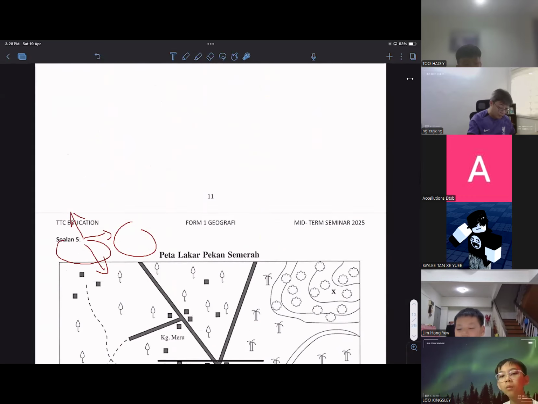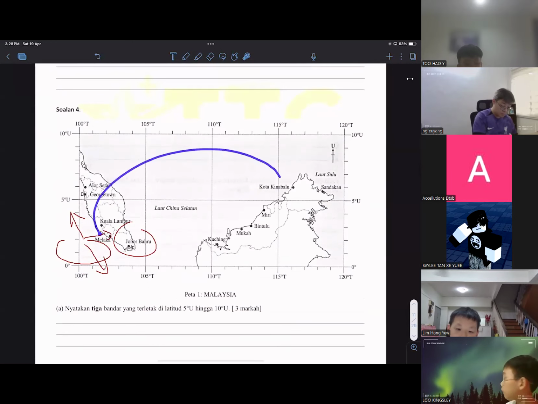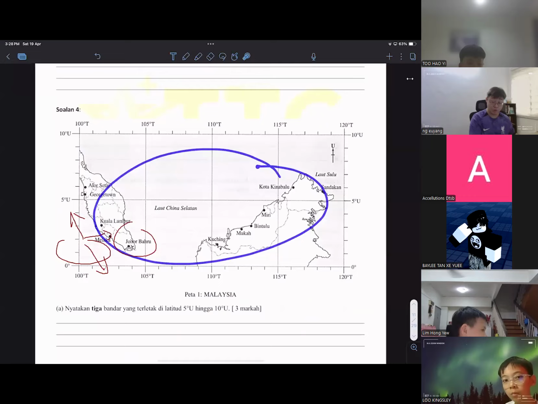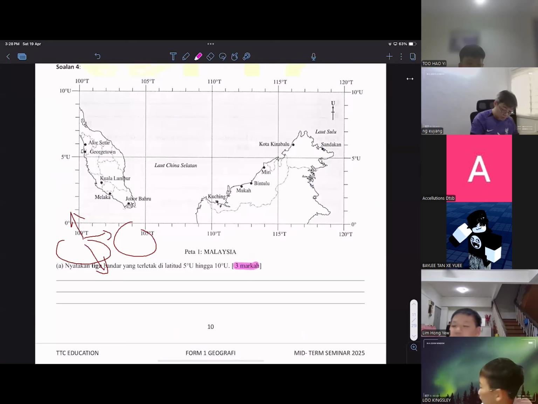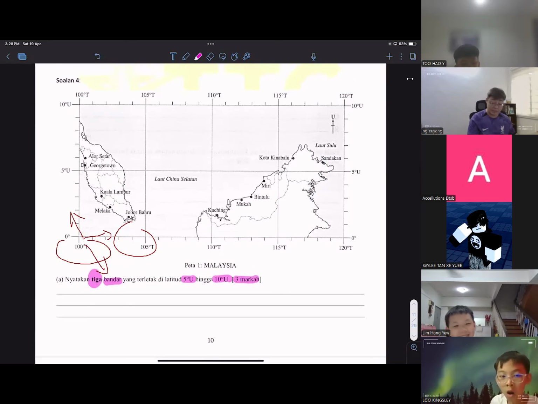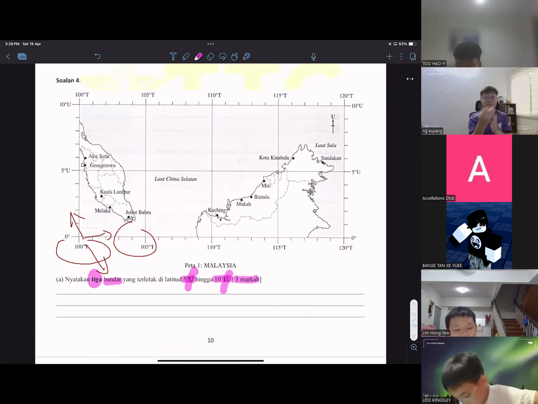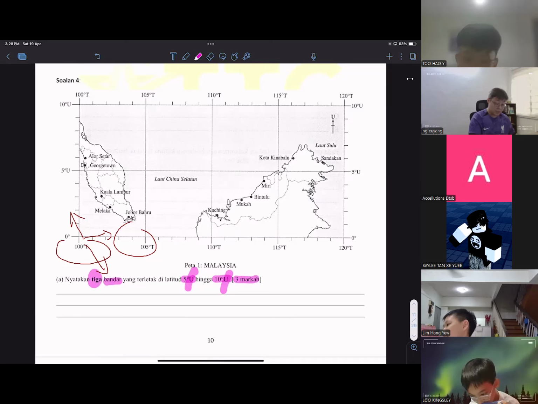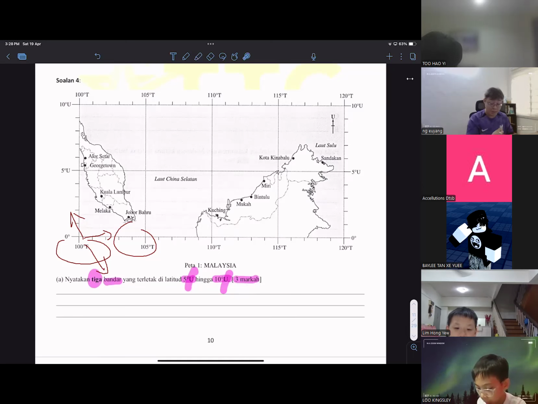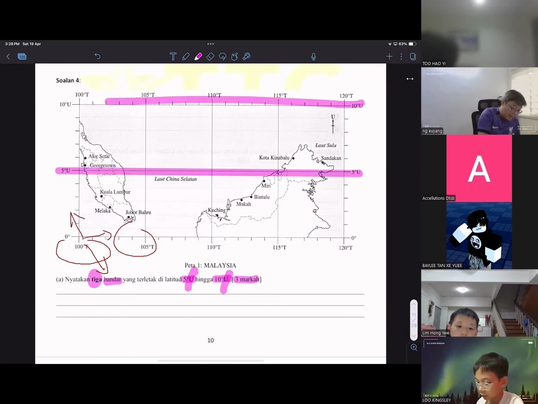I'm going to do one more question. This is kedudukan, right? Going to question number 4, I think you can solve the 3 marks here. 3 marks are for three pandang for 5 to 10 latitude. How do I know it's latitude? Because it's utara. Utara or selatan is latitude. So just try to find the three pandang for 3 marks. For every mark shown in the exercises, you have to make sure you are able to score full marks, so please read the questions carefully and highlight the keywords. 5 to 10 latitude.